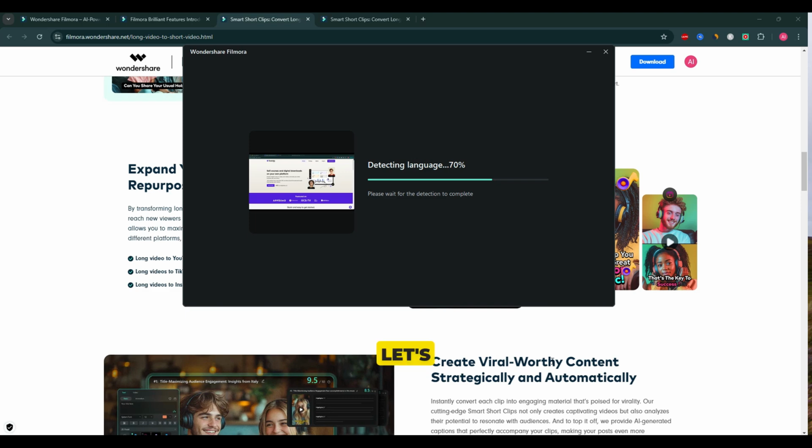Let's let Filmora AI do its magic. It will compile your clips, and you can preview them to see how they turn out. It only takes a matter of a couple of minutes before it's ready. If you need to make any changes, you can also go and edit them. Otherwise, you can export it directly and post it to your social media, or save it to your computer. It's really simple. So guys, I just wait for some time, and I think that it shouldn't take too long before it will be